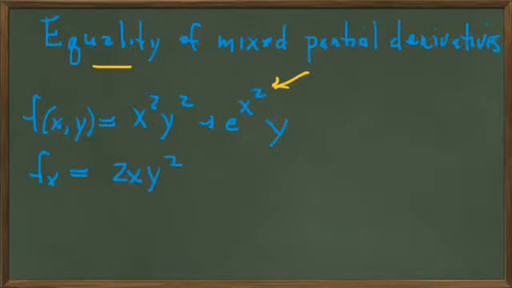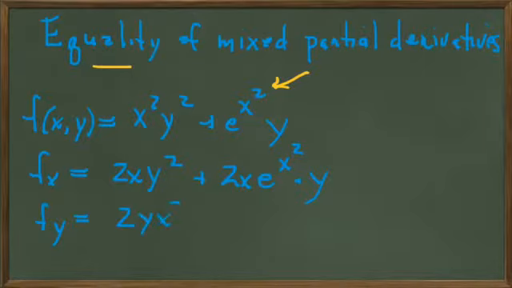So when we are taking the partial of the second term, we take the partial of e to the x squared and get the derivative of the exponent times the function itself times y, which is just acting as a constant. And then when we take f sub y, holding x as a constant, we get 2